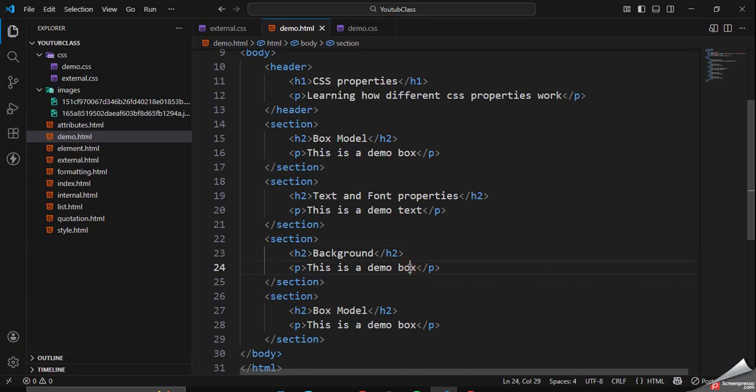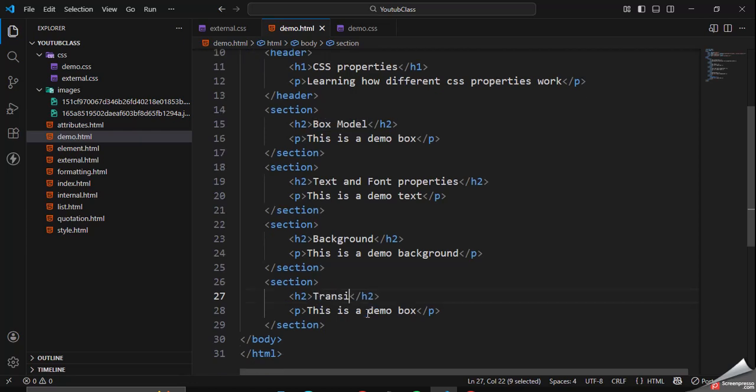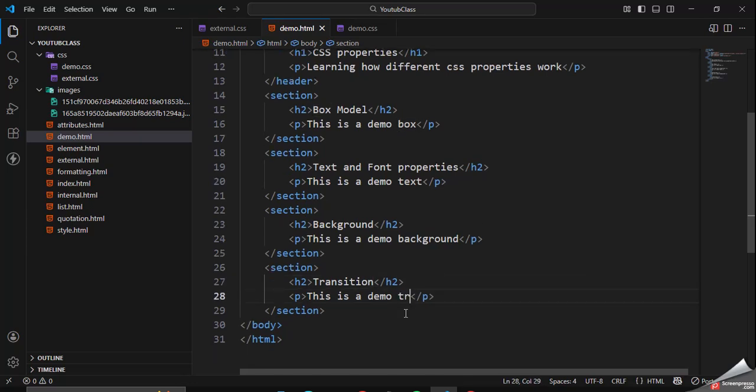Change this to background. All right. So now next is transition. So transition. Okay, so demo for transition. All right. So now this is the whole of our